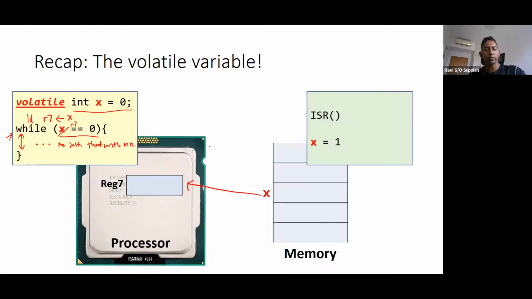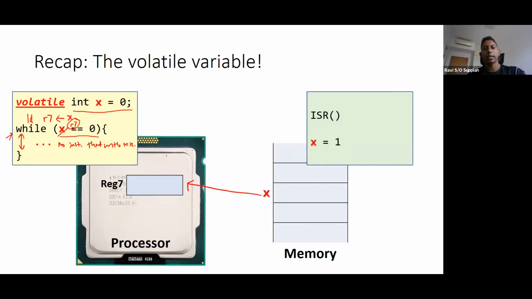It is trying to optimize, saying that since nobody is writing to variable x inside the code, I do not need to waste time reading from x again. I can just use my R7 indefinitely while I'm inside this while loop. So the compiler is doing the right thing: it is optimizing performance by seeing that there is no write to the variable, so it can just use the value it read last throughout the entire while loop.